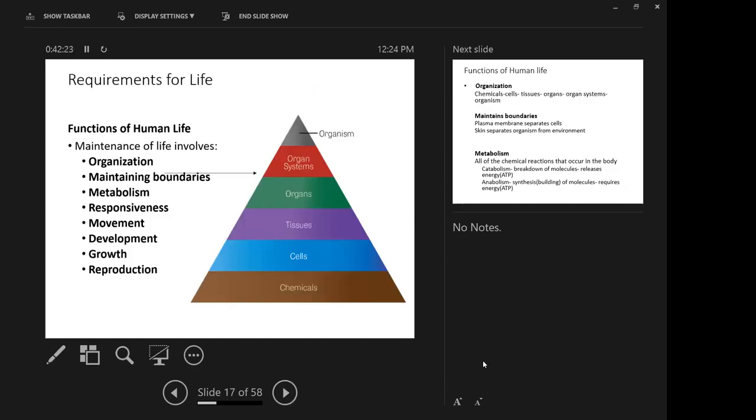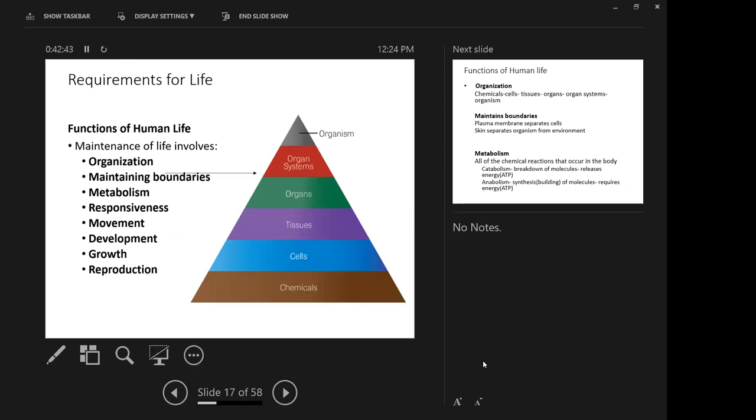Okay, here's another one of these pyramids. Human life functions. We start out at the top. This one's going backwards now, going the other way, the organism down to the chemicals. But instead of listing what